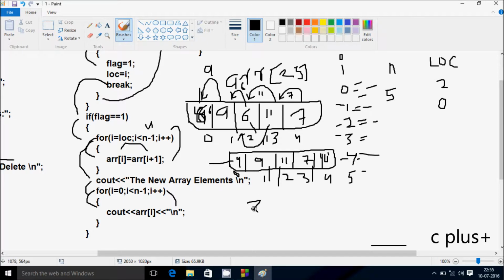So i is 3 now. So check the condition 3 less than 4, the condition is true. So arr[3 plus 1], the position 4 value is 7. 7 moves to arr[3]. And hereafter i is 4. Check the condition 4 less than 4, the condition is not true. So that does not coincide. So the new array elements are